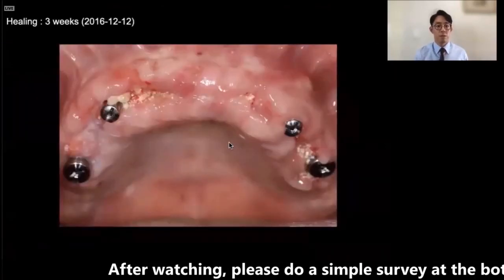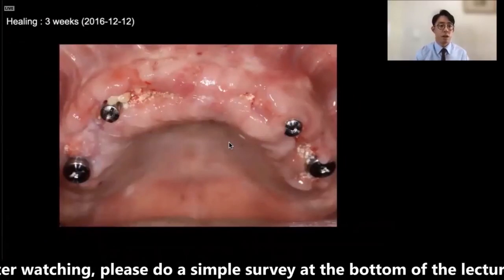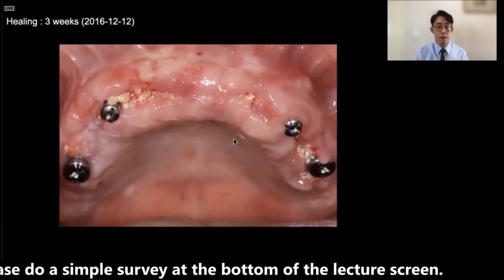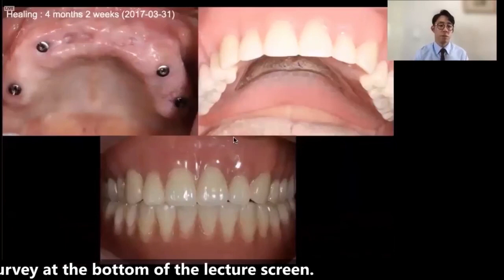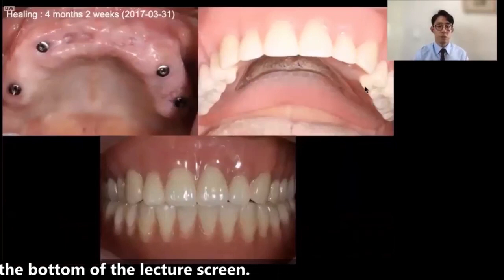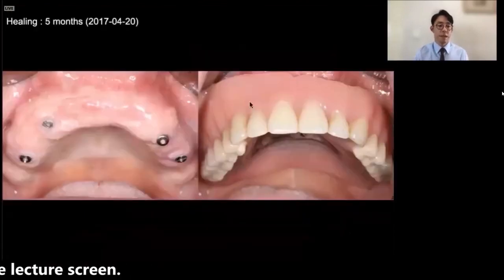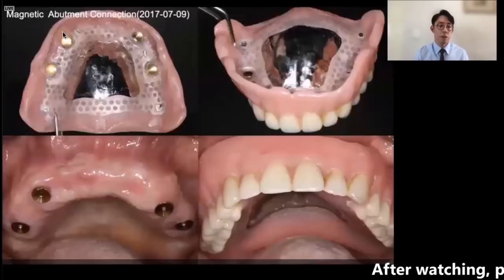This is a clinical photograph 3 weeks after implantation. Grafting site and soft tissue look quite stable and healthy. During the healing period, interim dentures were adjusted and used. After 5 months of healing and osseointegration, we were ready to make the prosthesis. We attached